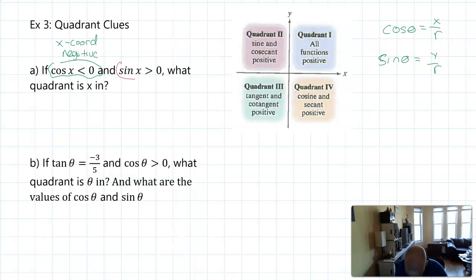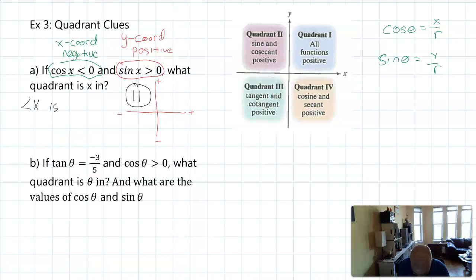And if sine x is greater than 0, that means the y coordinate must be positive. So then I can just think about which quadrants have negative x but positive y. I think about it for a little bit, and I know y is negative, positive, negative. Well, I see that we would have negative x but positive y over here in quadrant 2. So angle x is in quadrant